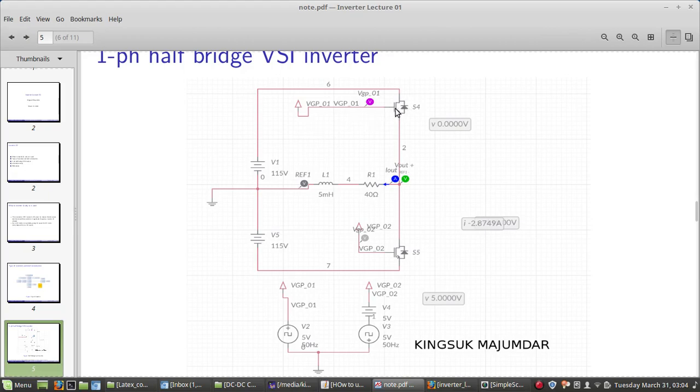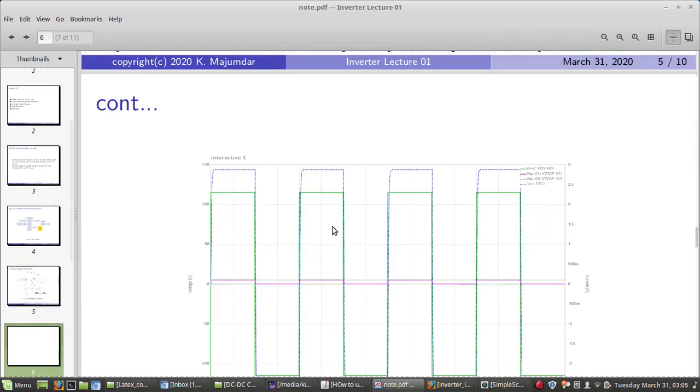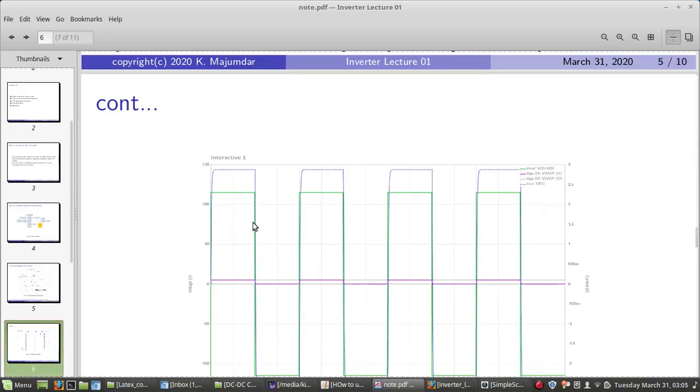Now whenever the switch is on, the current flows, that means this plate goes to here and this plate goes to here, that means it is a positive voltage. Again, in the next instant of time, this switch becomes off and this switch becomes on. If this switch is on, then the negative plate becomes this node, and it is at a higher potential. So the voltage pattern will look like this and that,